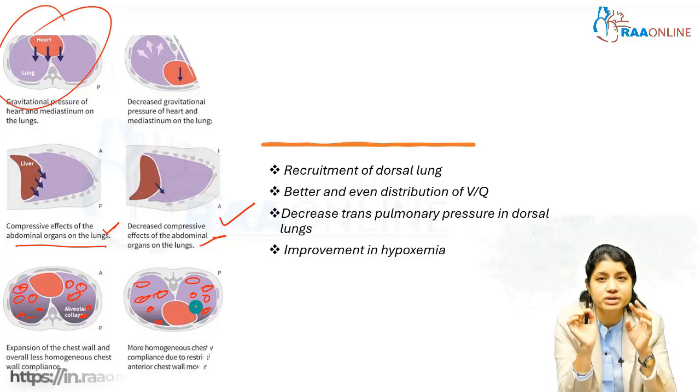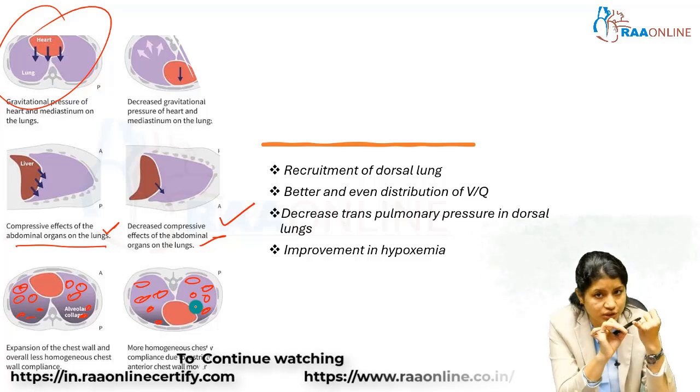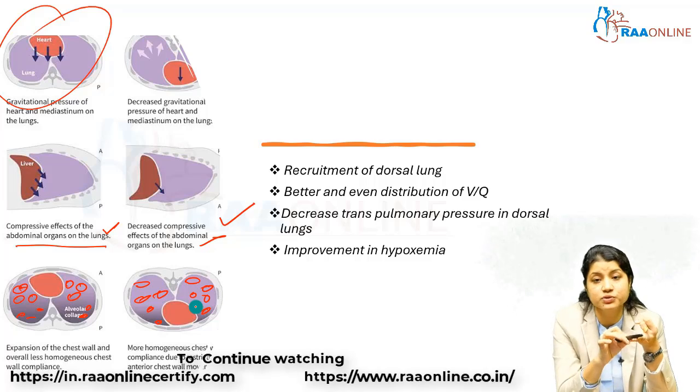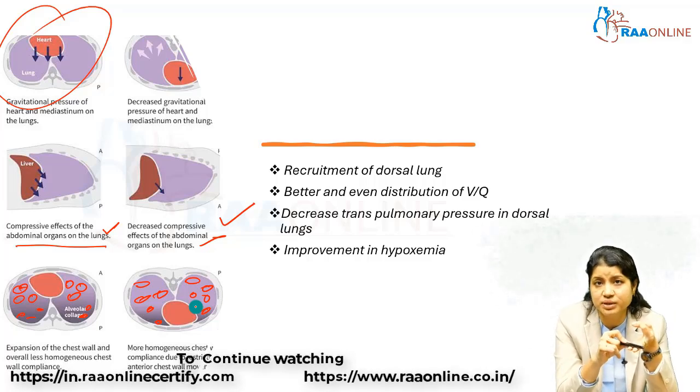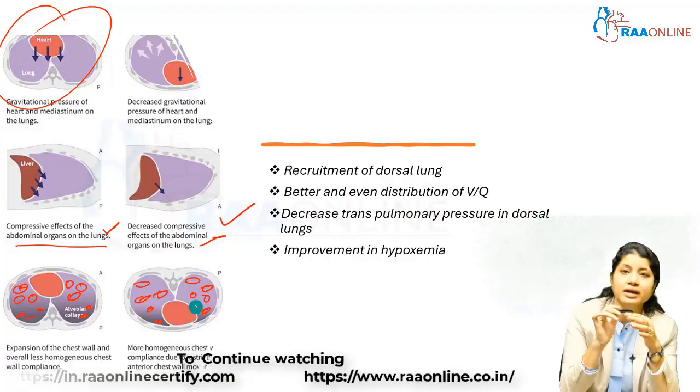So remember these 4 points. Proning, how does it help? It causes recruitment, better ventilation perfusion matching, there is a decreased transpulmonary pressure in the dorsal part of the lung, and ultimately we have